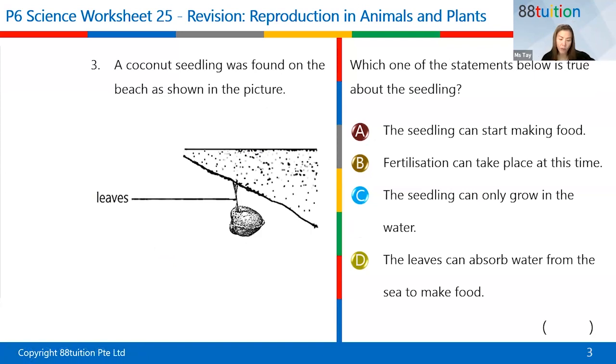Coconut seedling was found on the beach. This is a seedling. That means the seed has already germinated. All right. Then there are leaves already starting to grow. Which of the statements is true about the seedling? Okay, it has to be A, right? Okay, because